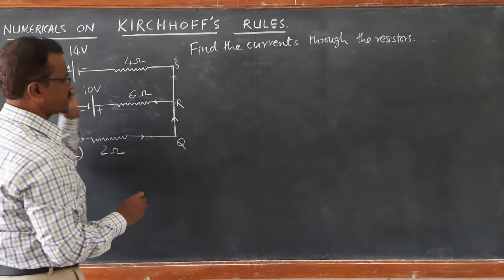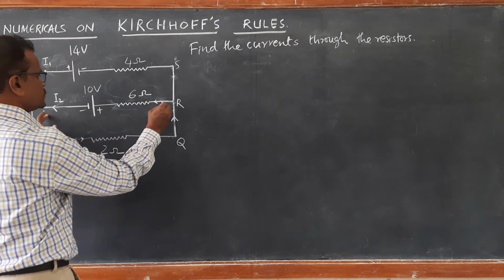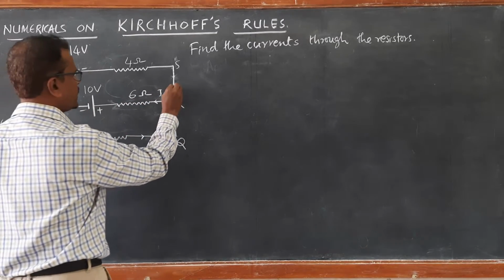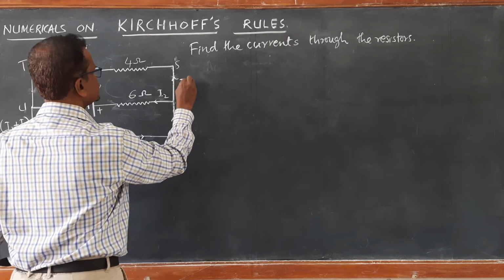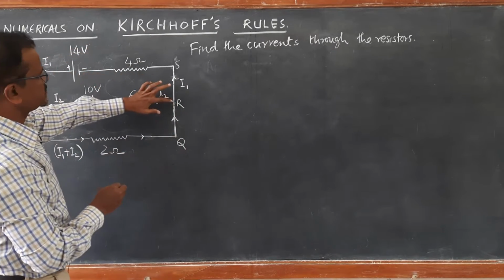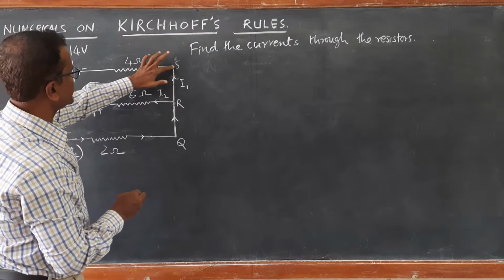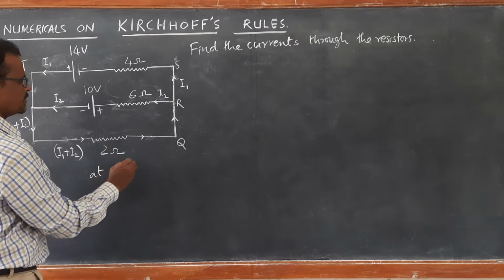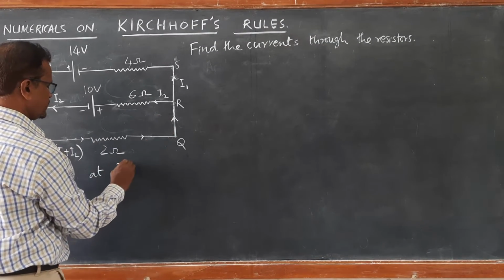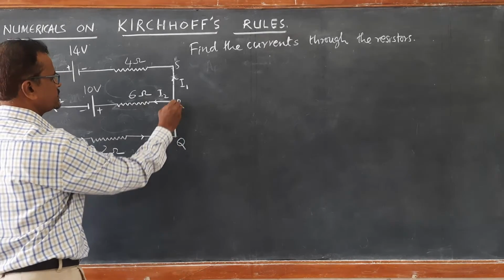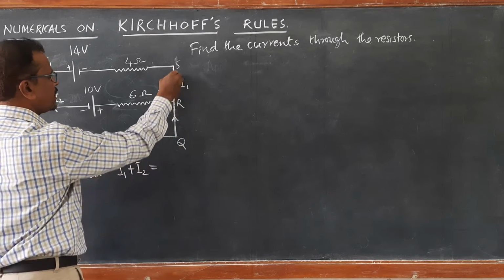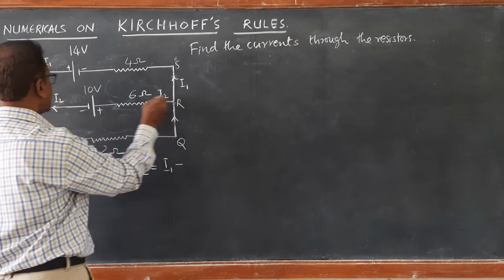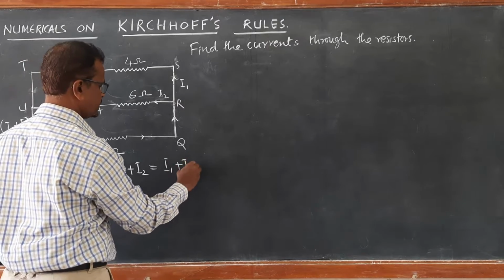After reaching here at junction R, you see, through junction R, I2 is the current flowing from R to U, and I1 is the current that is flowing through the upper branch, R to S, S to T. So, if you apply KCL at R, you see I1 plus I2 is the current that is joining, and the currents which are leaving are I1 in the upper branch and I2 in the R to U branch, I1 plus I2, that is fine.